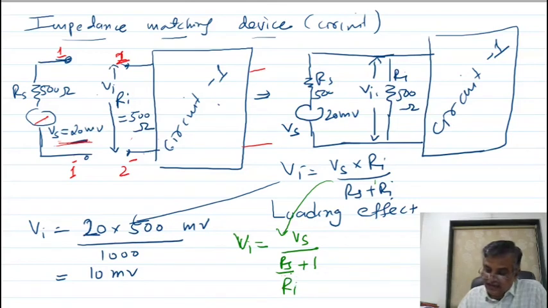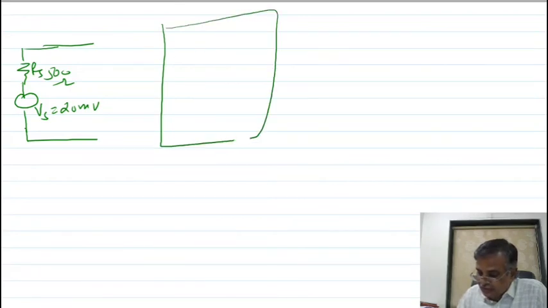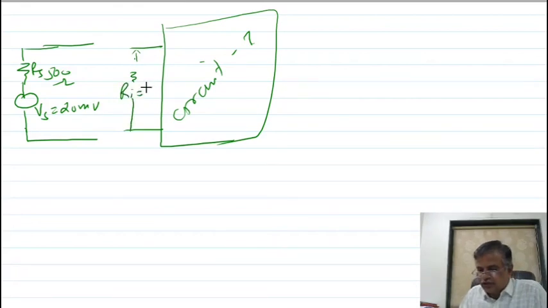What is this Ri? Ri, you know. What is the Ri? Again I am showing you, this Rs that you have taken is 500 ohm. This signal you have taken how much? 20 millivolt. And you are connecting now the circuit 1. This is the circuit 1. And this circuit has this Ri. Suppose you are taking 10 mega ohm, very large, meaning Ri is much larger than Rs.